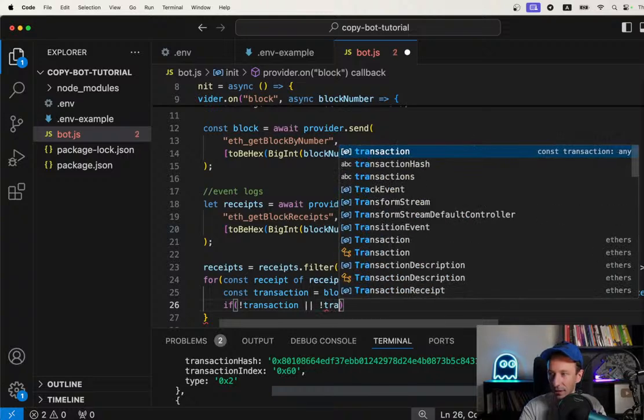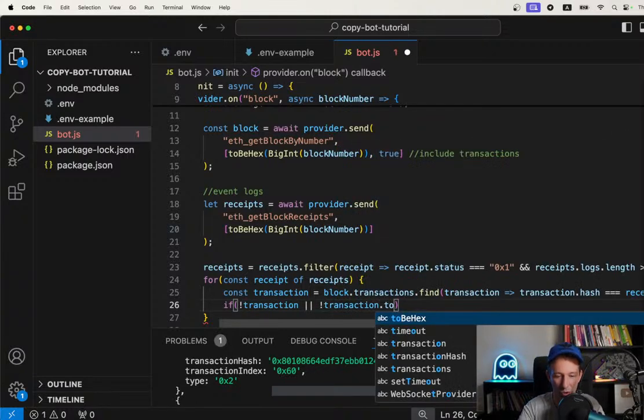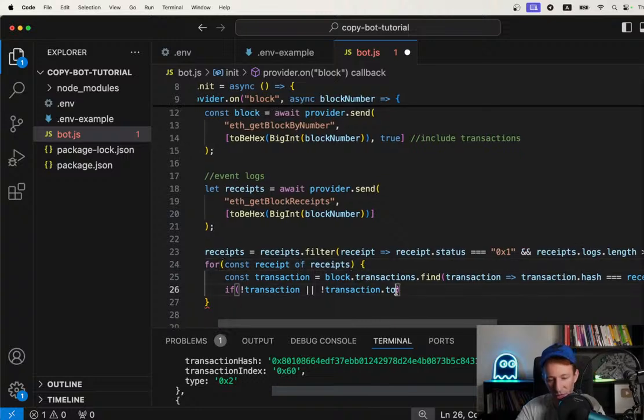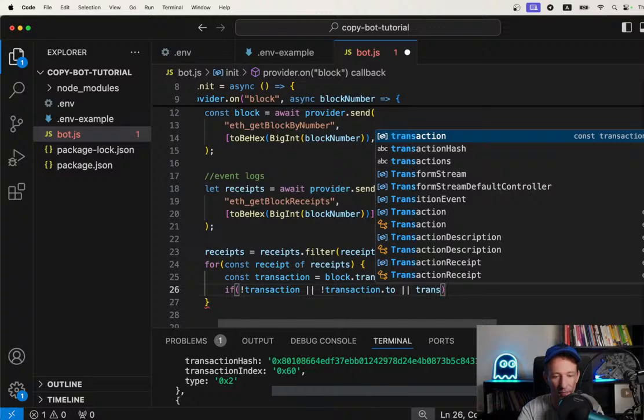If there is no transaction to field, so no recipient to this transaction, it means this is a deployment transaction. When we create a new smart contract, we send a transaction without a to field. In this case, we are sure this is not a swap, so we also don't want that. And finally, if